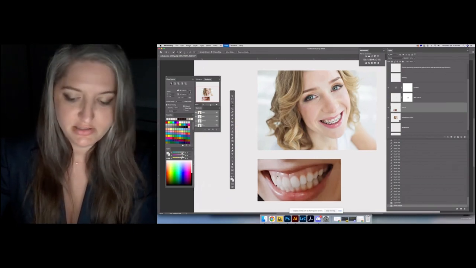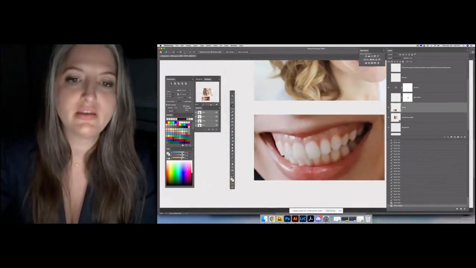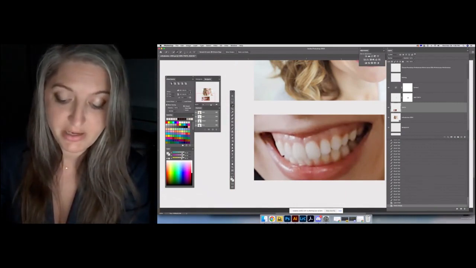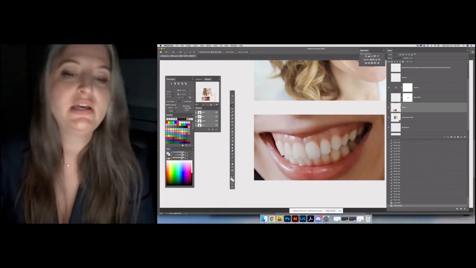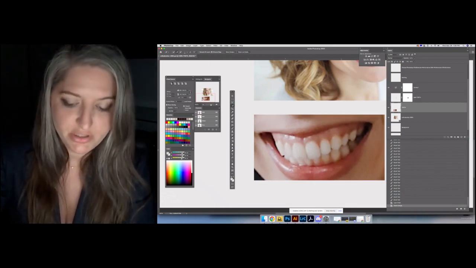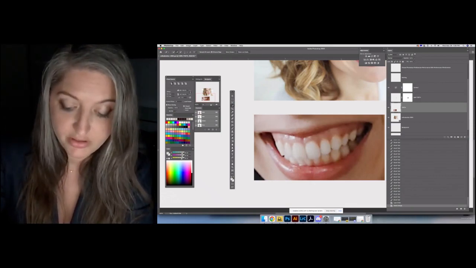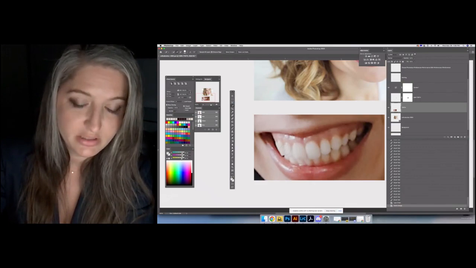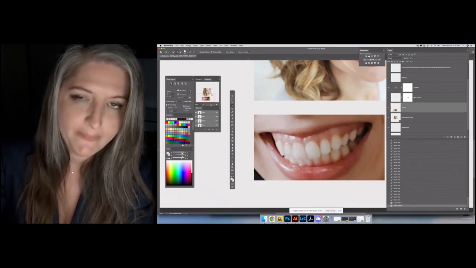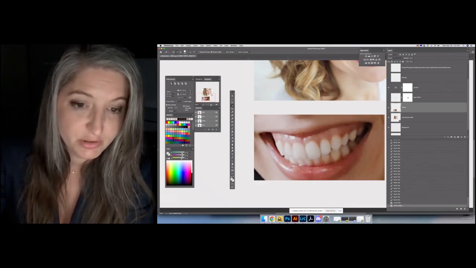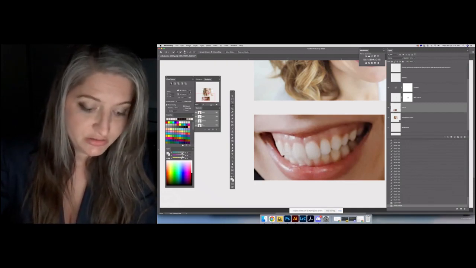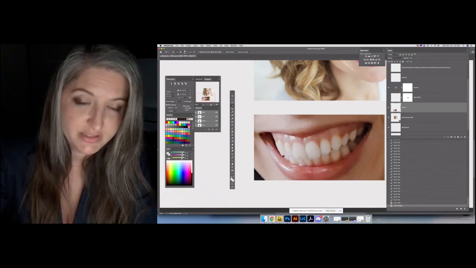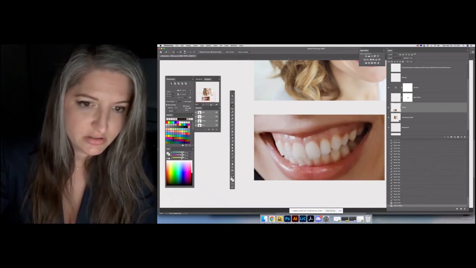What that does is, I'll zoom in for you. Zoom in is Command or Control plus on a PC, Command plus on a Mac. And your cursor here, you can make bigger or smaller with the right and left bracket. And you can see kind of in the middle, it's really tiny, but there's a little plus sign right there. If you hold down the Option or Alt key on a PC, it turns into a